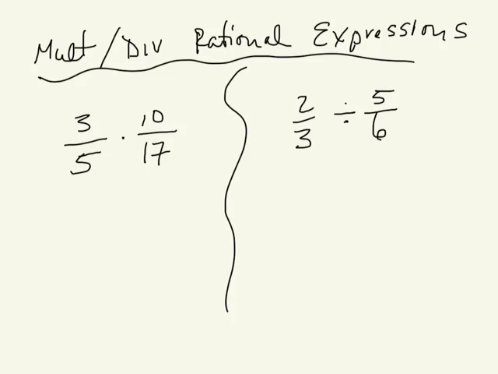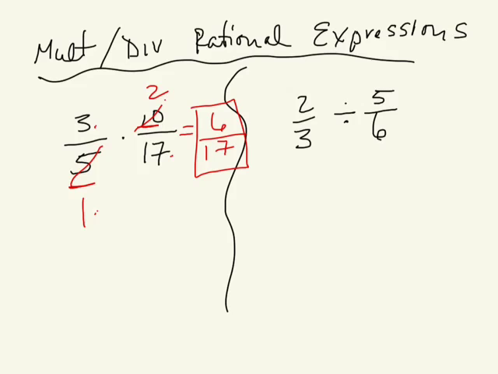Okay, so multiplying and dividing rational expressions, just like multiplying and dividing fractions, you can look at this and go, okay, well, 5 and 10, common factor. 5 goes into 5 once, goes into 10 twice. So you can cross-reduce before you even multiply, so at the end you don't have to reduce. You look at 3 and 17 right here, nothing goes into those. So now you take 3 times this 2, you get 6 over 1 times this 17, you get 17,